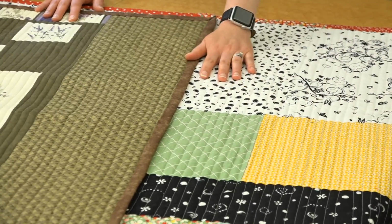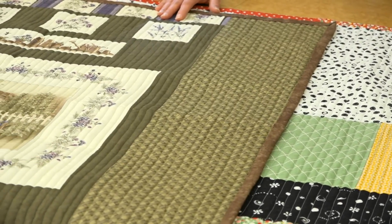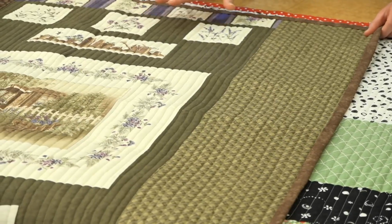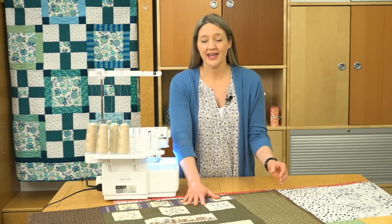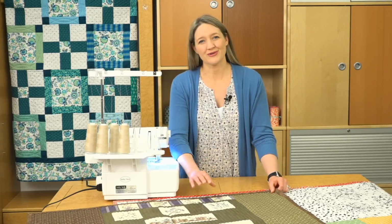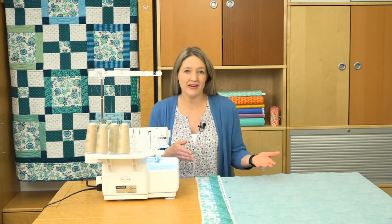reversible design. Another thing to think about is using those larger prints that you don't want to cut up and lose that fun design, or even panels are great on your backing as well. And if you're not very confident in your machine quilting, use a busy print on the back, then your stitches will blend right in. When you're piecing backing, you're often working with really big pieces and their width of fabric